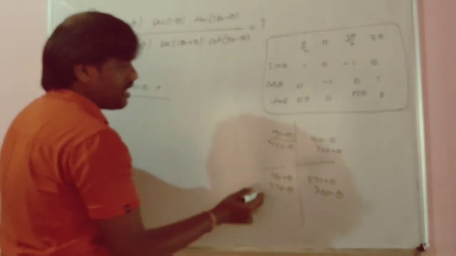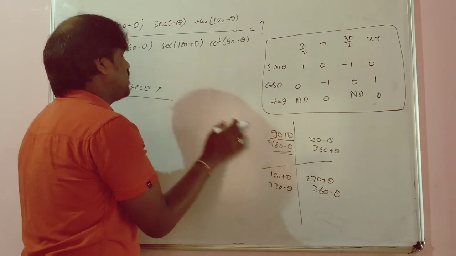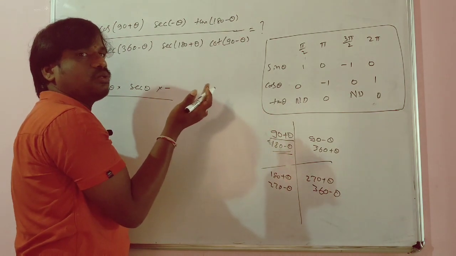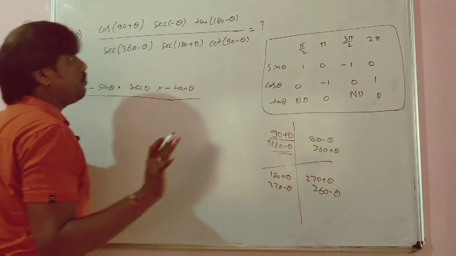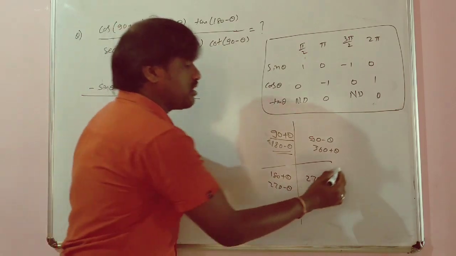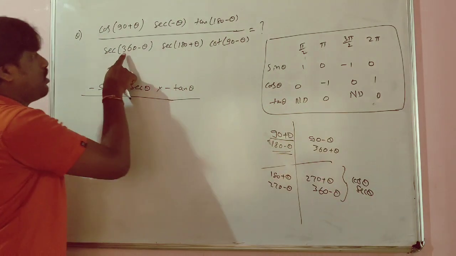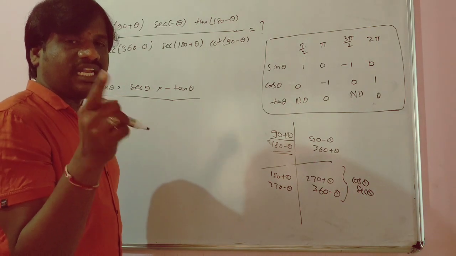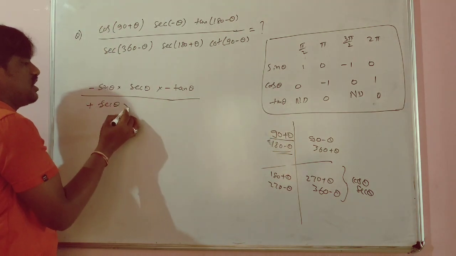Tan 180 minus theta: 180 minus theta comes in the second quadrant, tan is negative, so negative. And 180 is an even multiple of 90, so it is not going to change. Tan theta I am going to get, so minus tan theta. Hope you understand. Sec 360 minus theta, in the fourth quadrant, who is positive? Cos and sec are positive, so I am going to get positive. And 360 is 90 into 4, an even multiple, so sec comes as sec. No change in this.